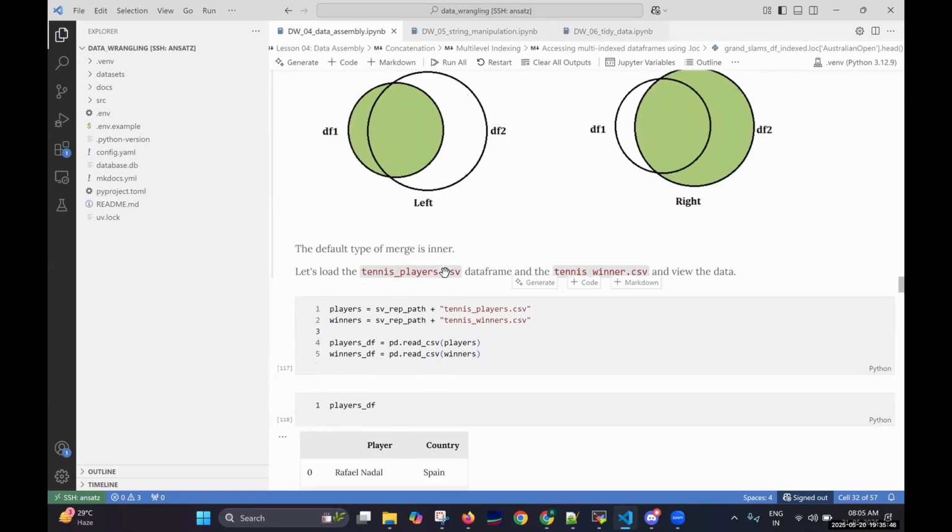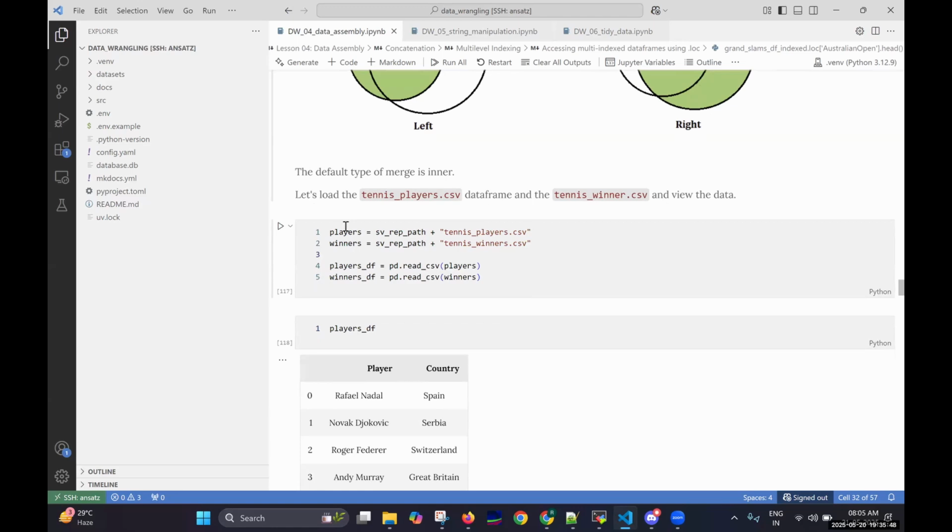And we'll see how these impact. So yeah, we'll see default merge. By default, if you do not specify any merge, it will be inner merge only. By default, it takes the inner merge. So now we are taking two data sets. One contains a list of